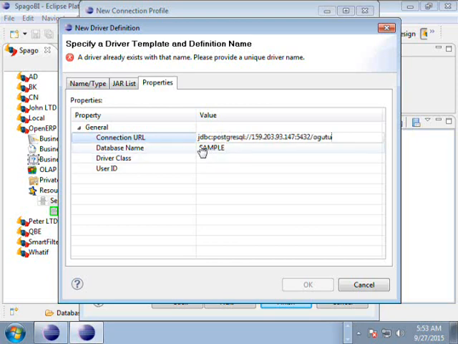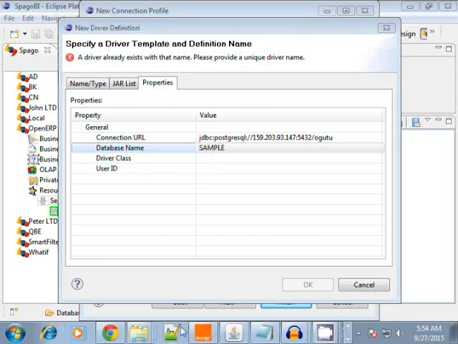So this simply means that you are connecting to a PostgreSQL database. This database is in this IP address. It's a public IP address that you can use. And then this is the port where the database is running. And this here is the name of the database. And then the database name,